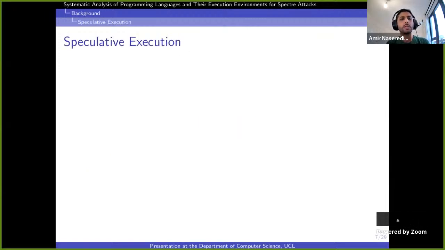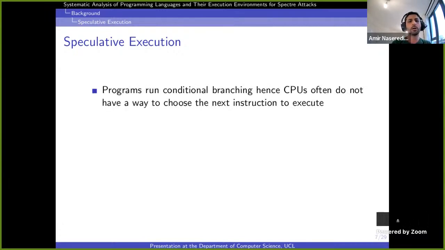For the background, we have out-of-order execution, and a specific kind of it called speculative execution. When we run programs that have, for example, conditional branching, if we have some conditions that need a little bit more time to be evaluated, then the CPU cannot afford losing a lot of time just waiting for the result.